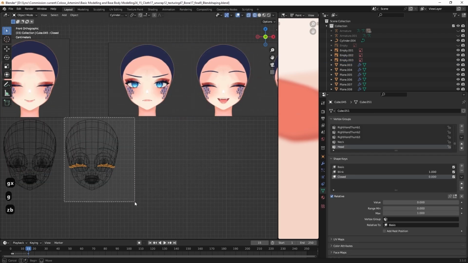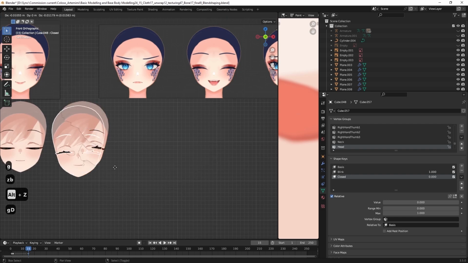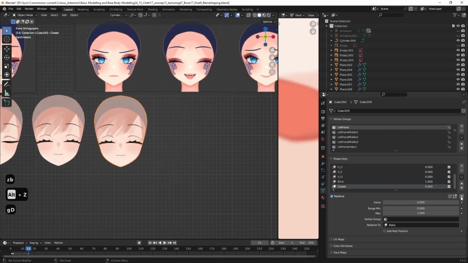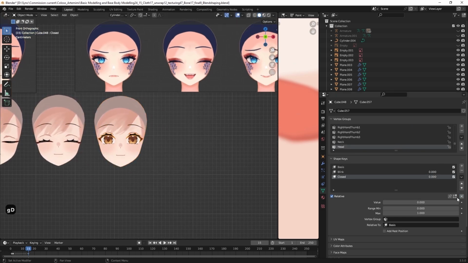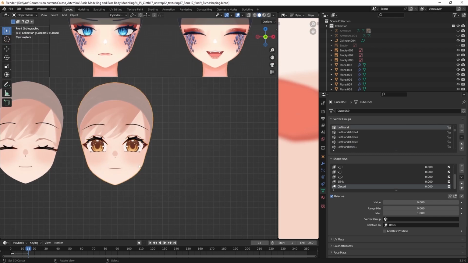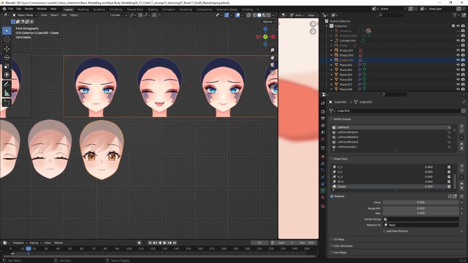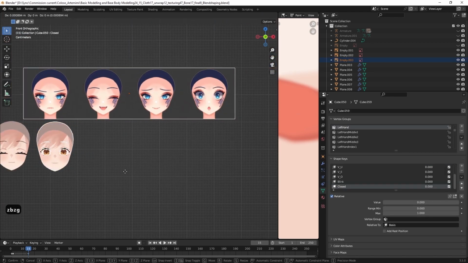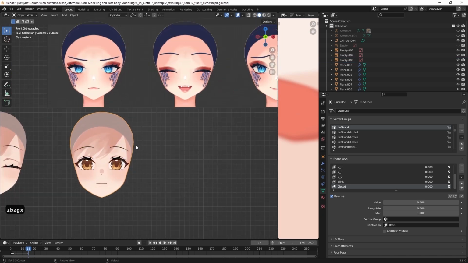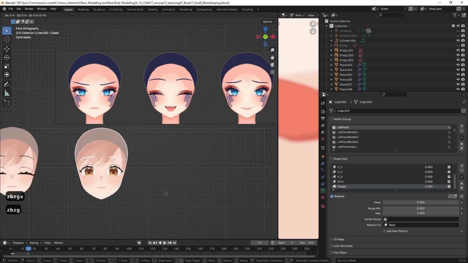We will be using this head here, and we can make it the default state first. All right, like this.